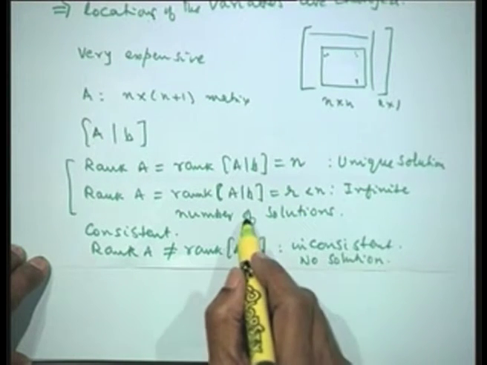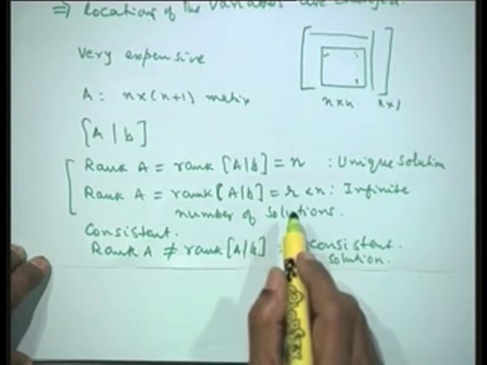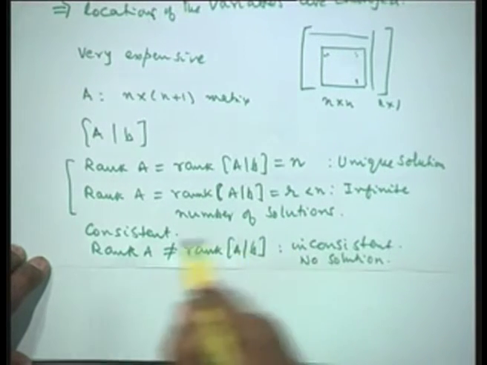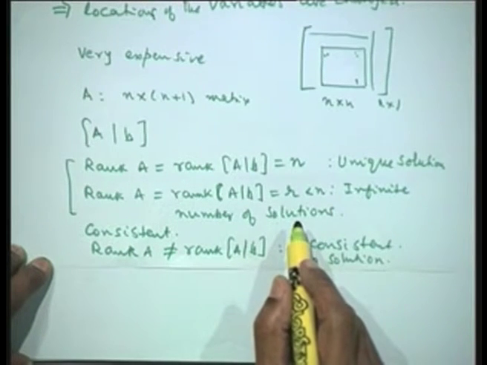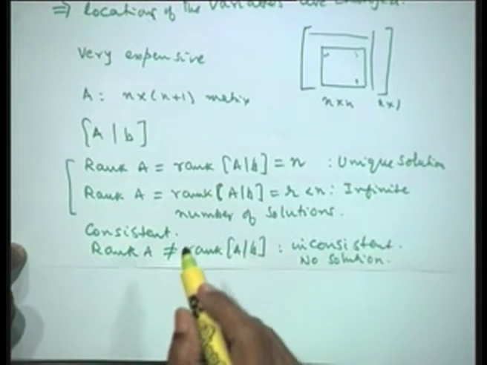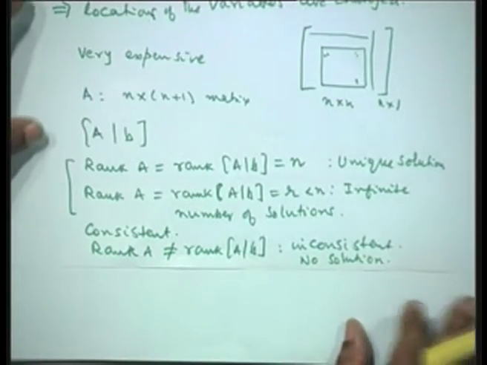Therefore, this shows that there are n minus r rows which are linearly dependent. Now in our computation, this would mean that we will have that many rows with zeros, because we are eliminating and we are using the Gauss elimination. Gauss elimination should automatically tell whether this system has a unique solution, or it has infinite number of solutions, or it is inconsistent.